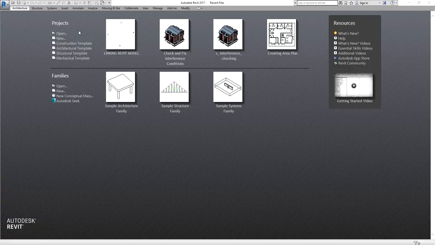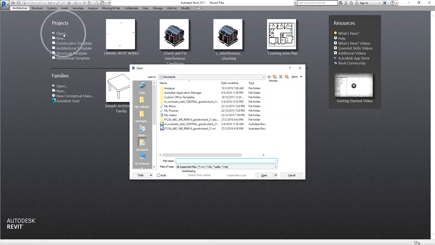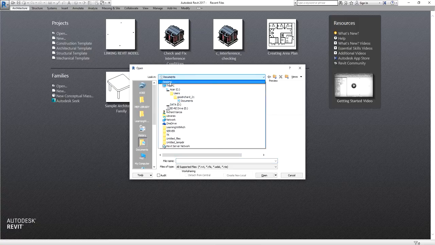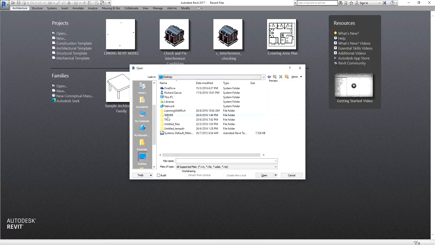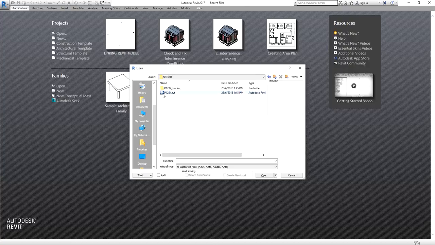So I'm going to select here Open. Let's say for example, I am now the BIM modeler. So I'm going to select here Open. And then I just go to the server. For example, this is the server. And then I now select the central file. Okay, so before you open that, it's not advisable to double click. Much better if you just use Open here. Okay, because you need to check. Although this is already default, check.